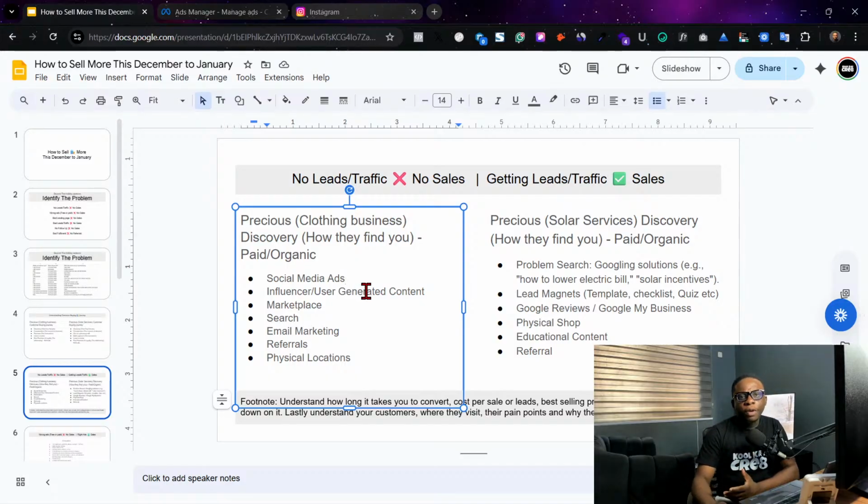So now, how do you make businesses find or see you? So number one is social media. We all know about this. Social media now is getting way more advanced and everything. And now most businesses are on 1, 2, 3, 4, 5 platforms. But for a starter, I always advise max three if you can control it. So the next thing is influencer or UGC. This is especially for people that are selling products. That's why I'm using a cloth business.